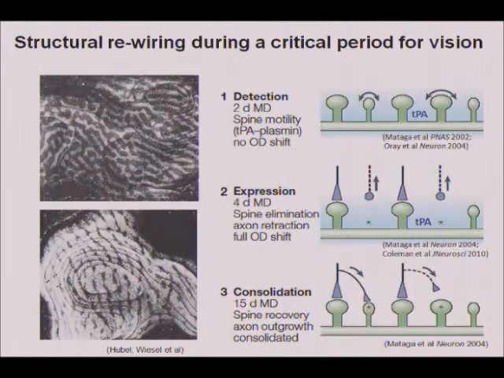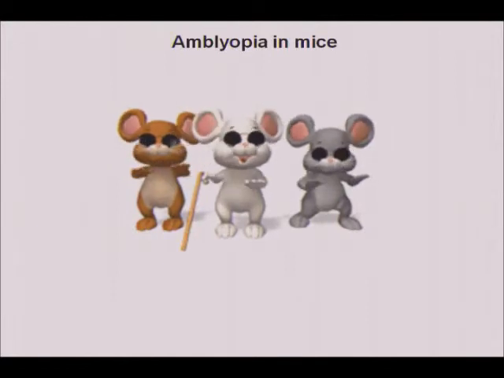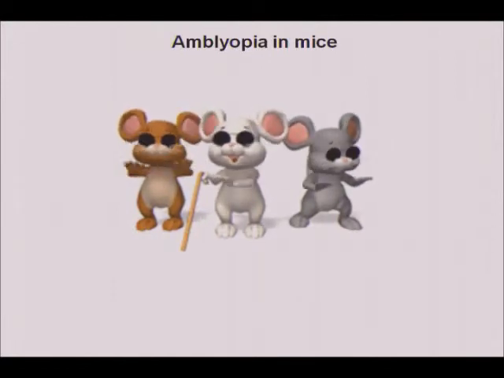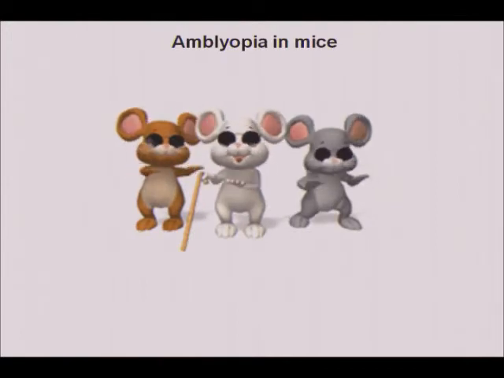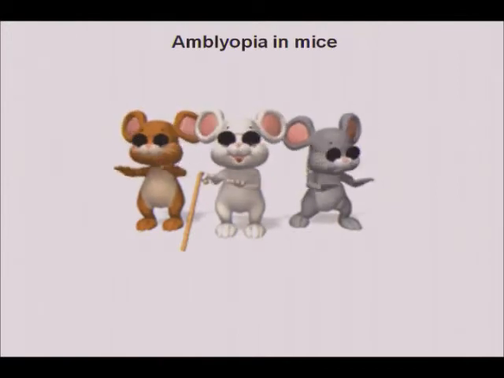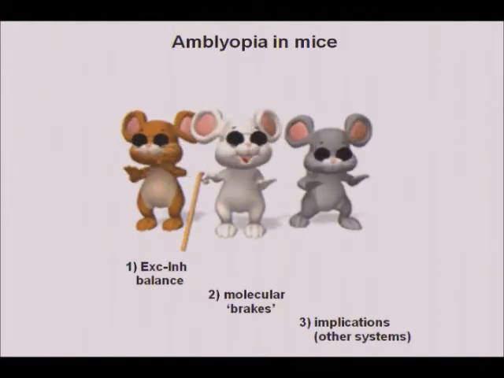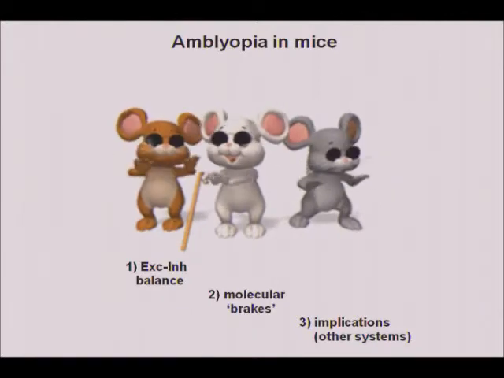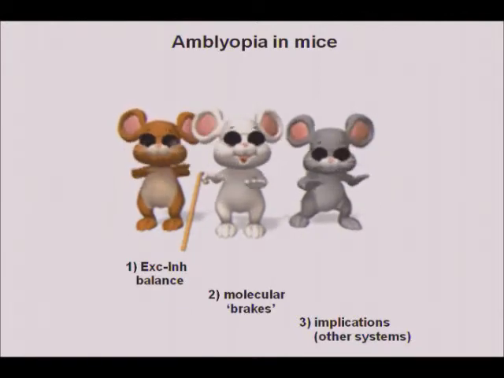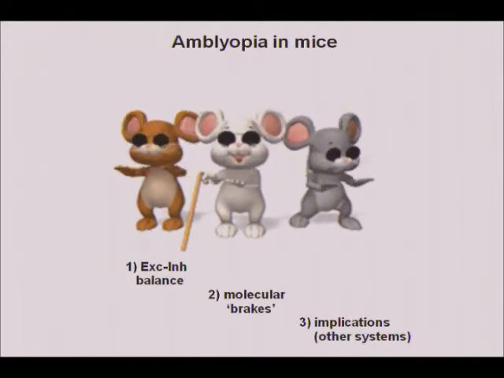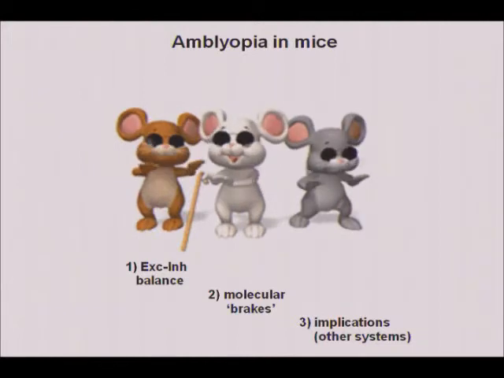Most of these molecular events do not occur in the adult, so patching an eye in the adult will not produce these changes. And so the question for us in this talk is, what is timing this to an early window? And so I'll give you the three messages, mostly coming out of the study of mice. So amblyopia, as I said, is the enduring loss of visual acuity due to discordant vision, patching an eye. And the take-home message here is that there seems to be a dynamic change in excitatory and inhibitory components in the visual cortex, which actually triggers the window of plasticity. And then those pruning events can take place.